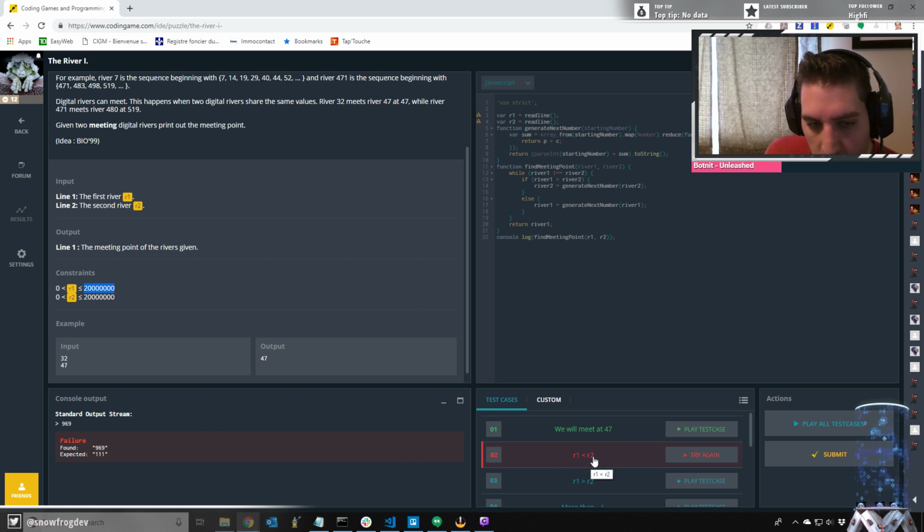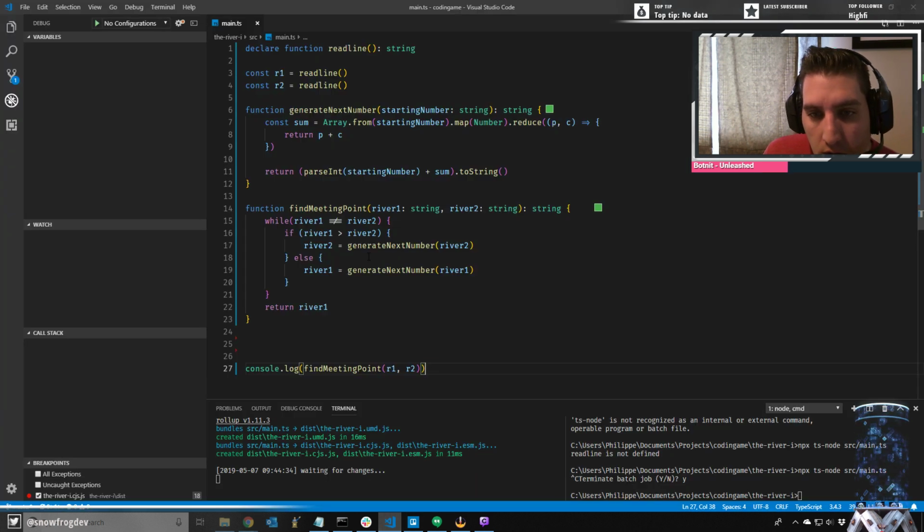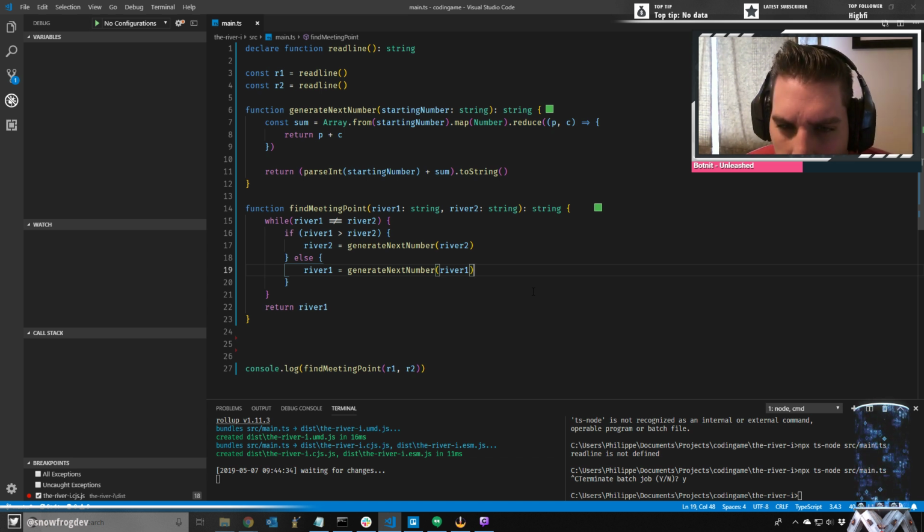If R1 is smaller than R2, yeah, if R1 is smaller than R2, do this. What seems to be the problem? If R1 is smaller than R2,